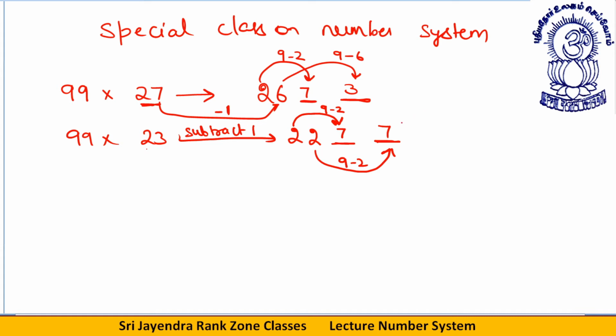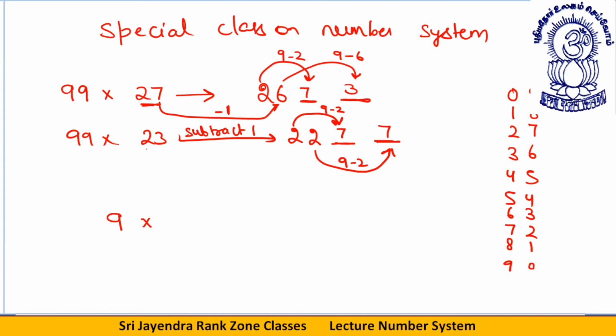Okay, let me remind you, this thing you already know, but you haven't ever taken a note of it. See, the way we learn the 9 table in school, or maybe my mother taught me the table of 9. What was the method of the 9 table? Just write 9 over here, just write 0 over here, increase all these by 1 and decrease this by 1. This was the way my mother taught me the 9 table.